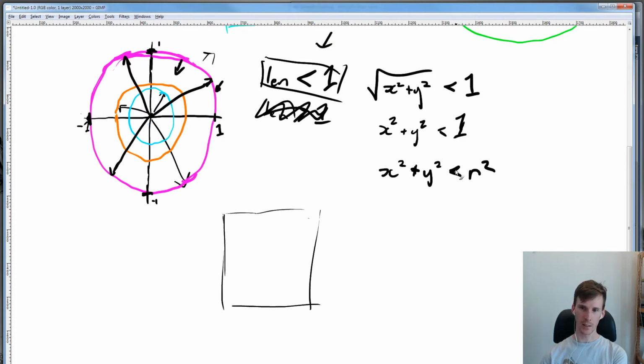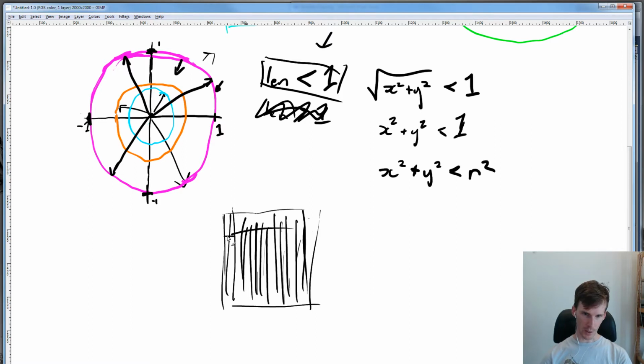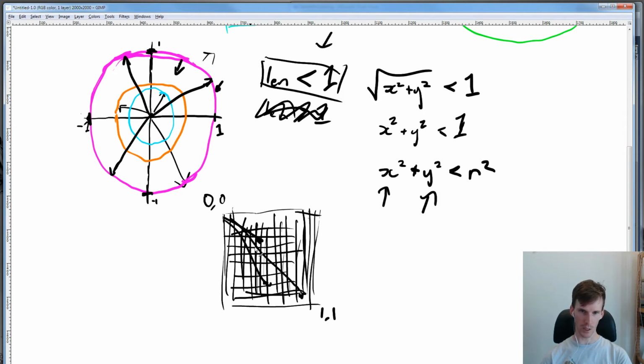So now what we want to do, I believe this is why I've drawn a square, is we want to... I think that's what I just explained, why I drew an equal sign, is that's why we might do an equal. So this sort of tells us if we have a vector, does that vector satisfy this condition? So what we can do is when we're on the GPU and we're testing a pixel in a pixel shader, we can test every single vector. And we can say, does the vector satisfy this condition? Does it satisfy the condition x squared plus y squared is less than some radius squared?